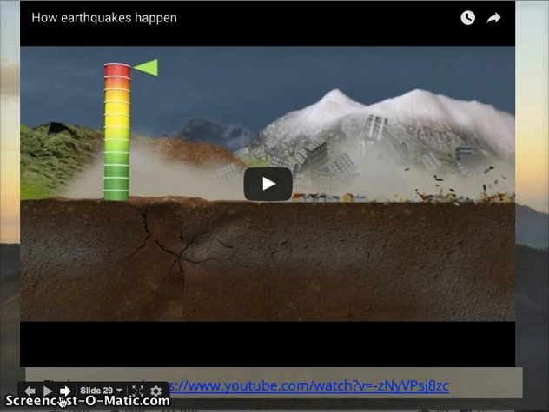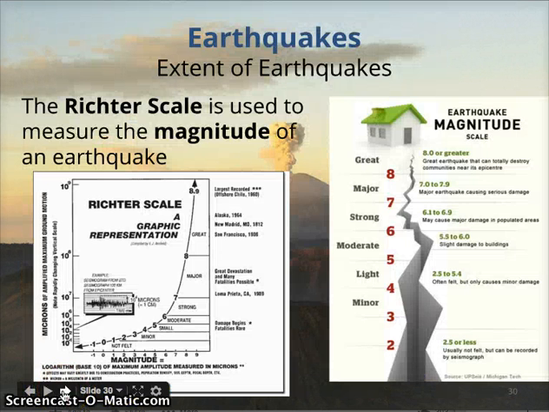So this video can actually be found in the Google slide, and you can always refer to that in our website at tinyurl.com/HIUSG, all in capitals. Now we use the Richter scale to measure an earthquake's magnitude, which quantifies the energy released